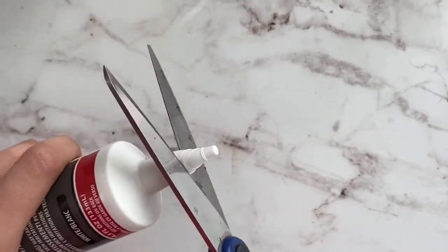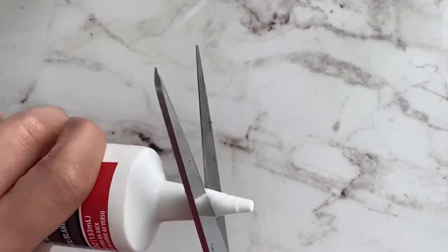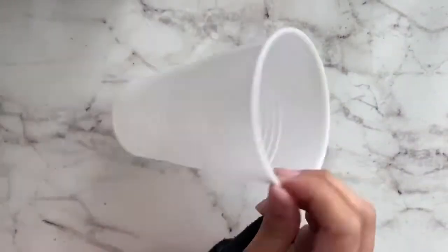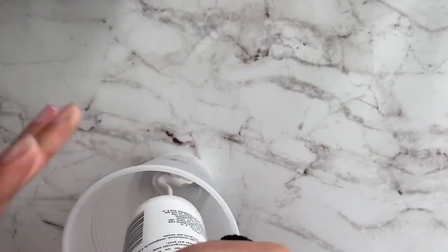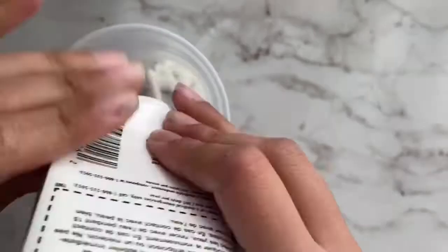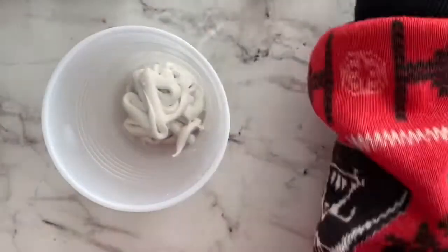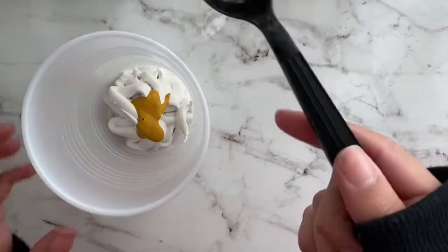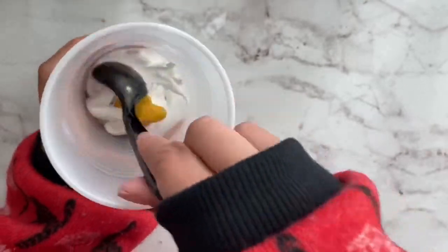So all you gotta do is just cut the tip off, if you can cut the tip off. It was so hard to cut it off. And I'm gonna put it inside a plastic cup. And what I wanna do is go ahead and give my white caulk a little bit of a tint. So I'm gonna add a little bit of golden acrylic paint and some white acrylic paint after I stir